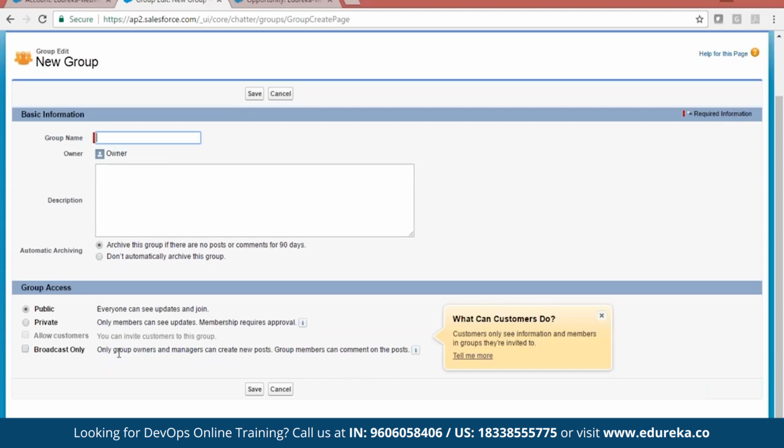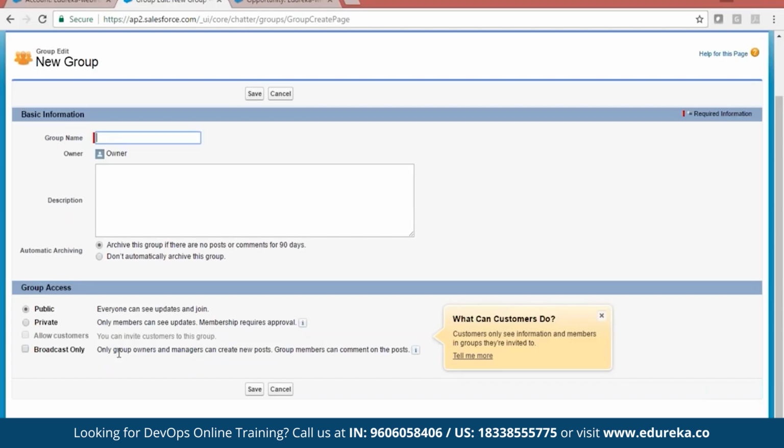You cannot initiate something. You can comment on that post, you can like it, or you can also add your valuable comments, but you cannot initiate it. Only the person who owns it or who is the manager of that group can initiate it and write anything according to them. In a public group, anyone can write, anyone can delete, anyone can edit, anyone can join. In a private group, only the members of the private group are allowed to make changes, save it, or do any manipulations, only the private members of that group.